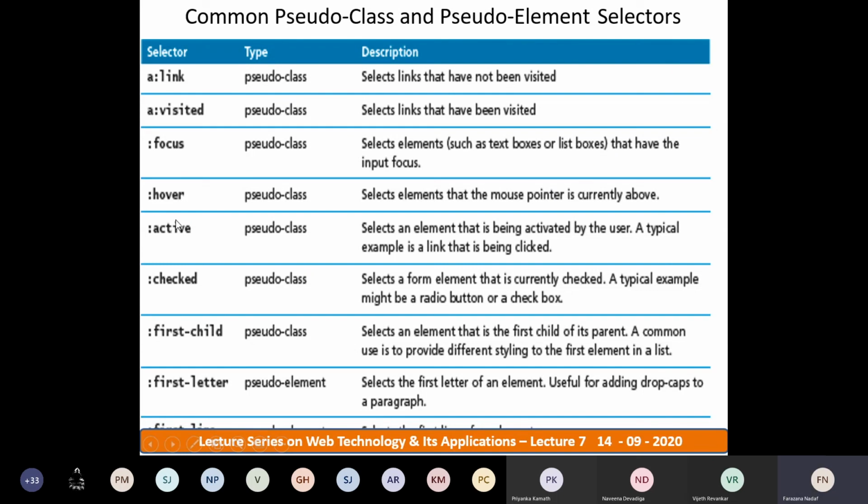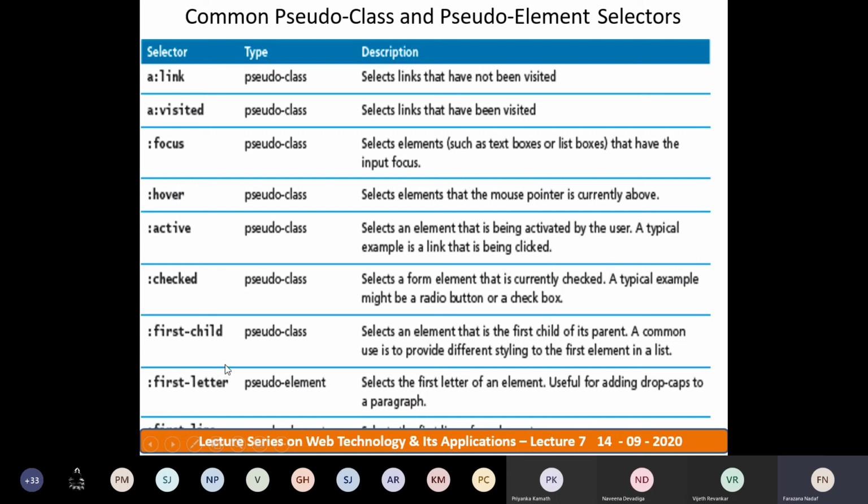Right? Then hover, which applies when the mouse pointer is currently above the content. Then active, which selects an element that is being activated by the user. When you click on the text box, then that text box will be active. Checked is used whenever you are checking radio buttons or check boxes.